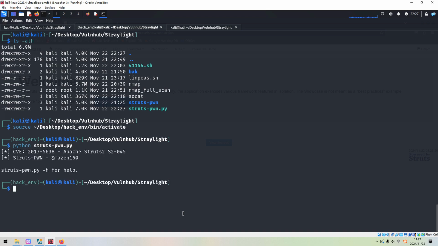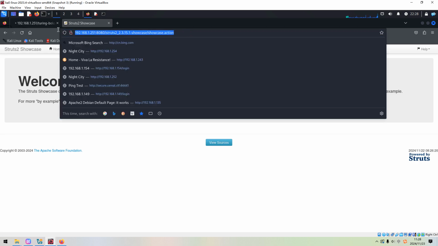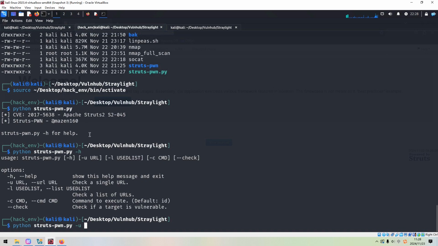Python, and we need to get the help. Yeah, we need to use some options like the U option to specify the URL, and we can copy it from the browser, and also we can run a command like id.